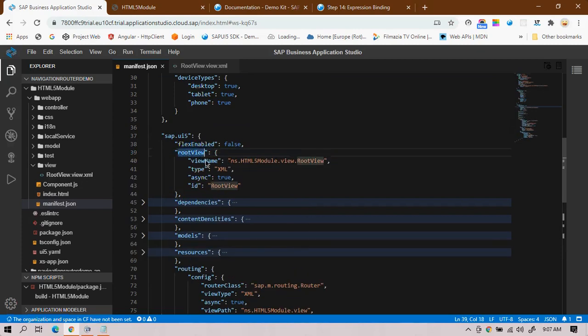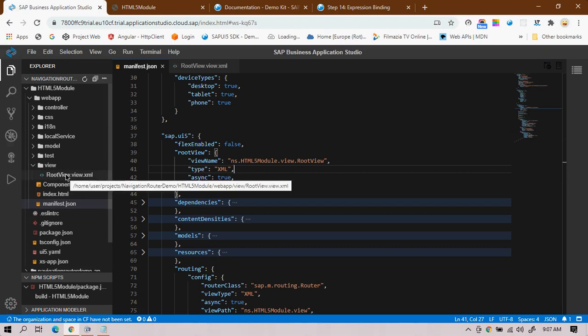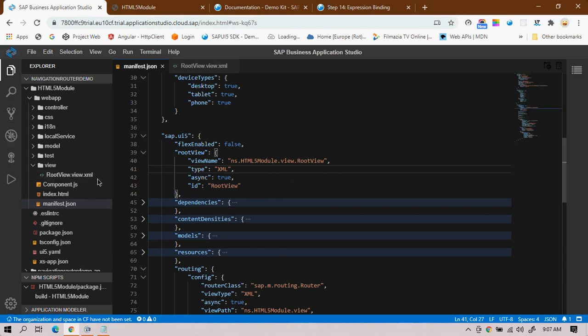Then we have the route view, which is the default view, and by default whenever you create any application, I recommend you not to do anything in this route view. Just create a new view and write the rest of the code in that view. Always keep your route view as the root so that everything can be managed from here.